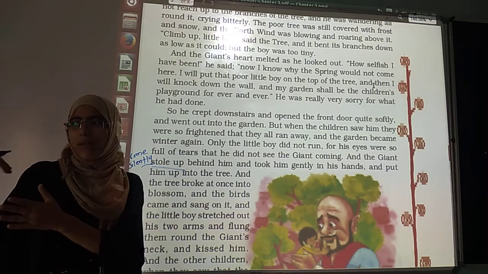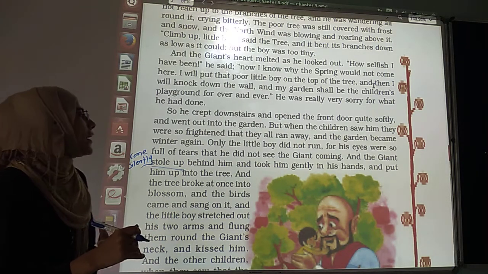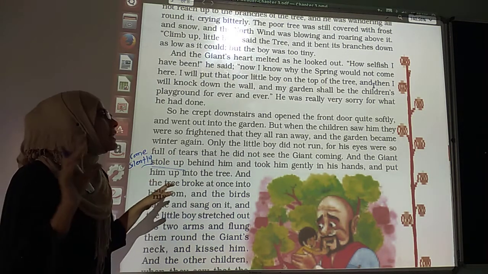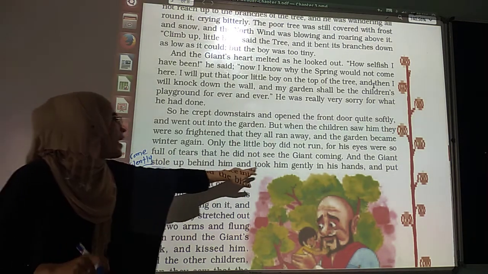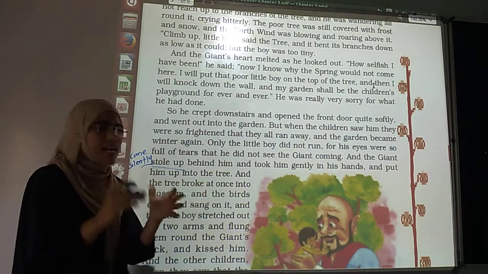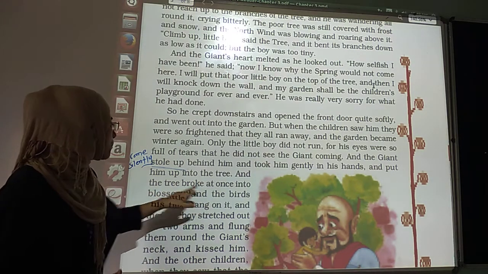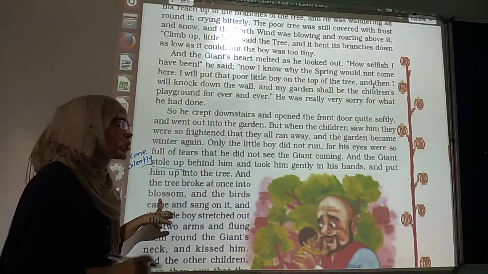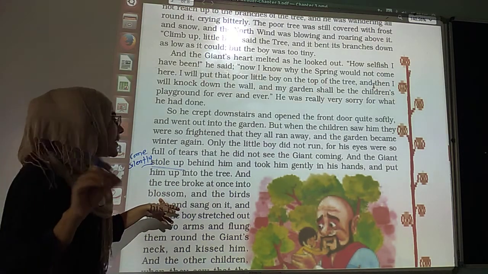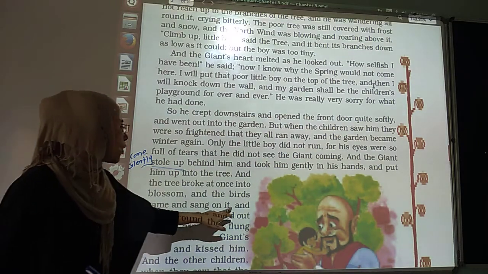So the giant came near to the tiny little boy and took him gently in his hands and put him up into the tree, and he helped the boy to climb the tree. The tree broke at once into blossom, and the area which had remained in winter once again blossomed, and the birds came and sang on it.